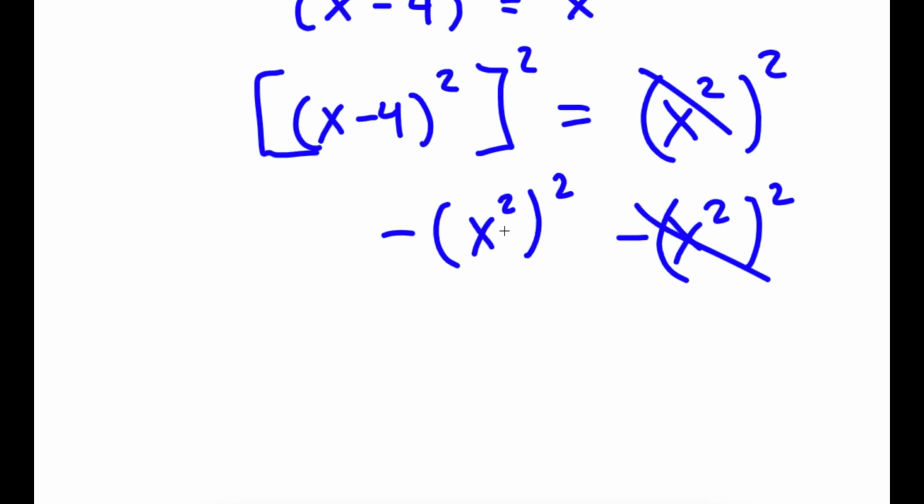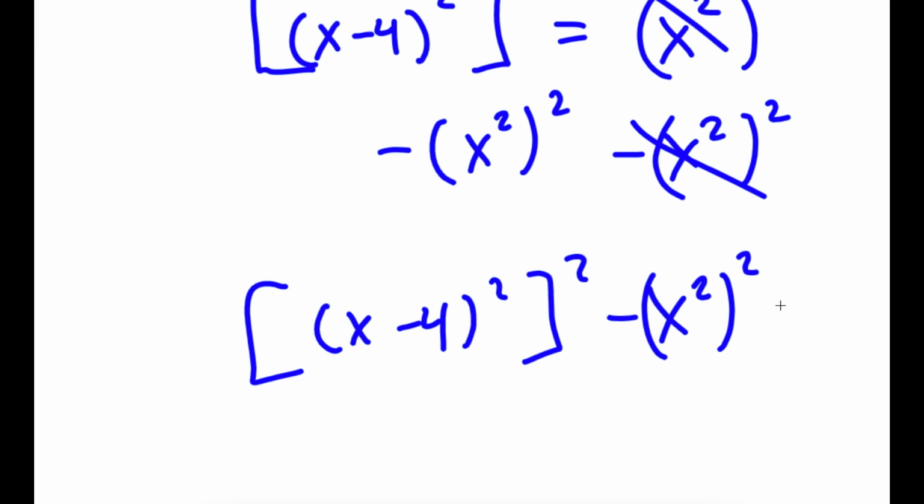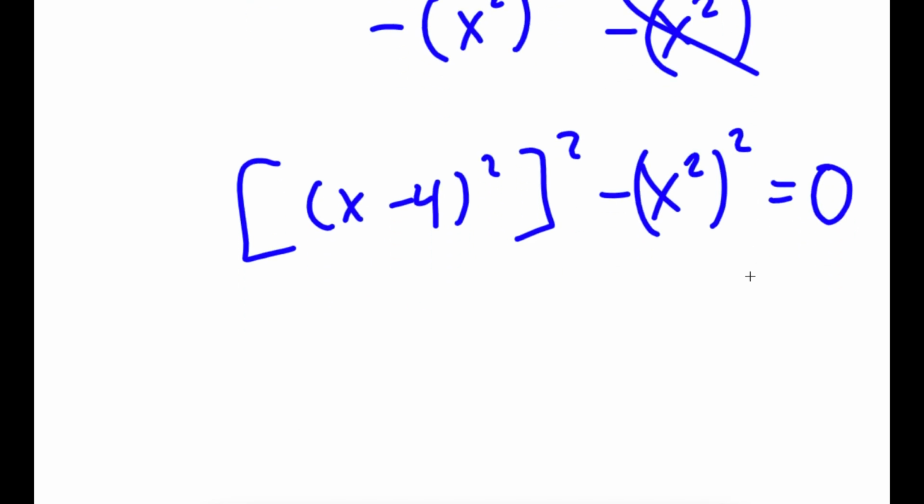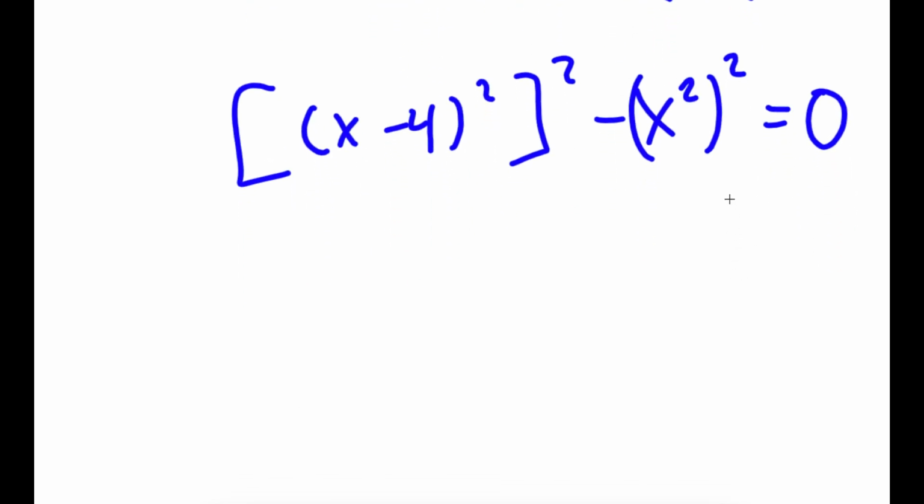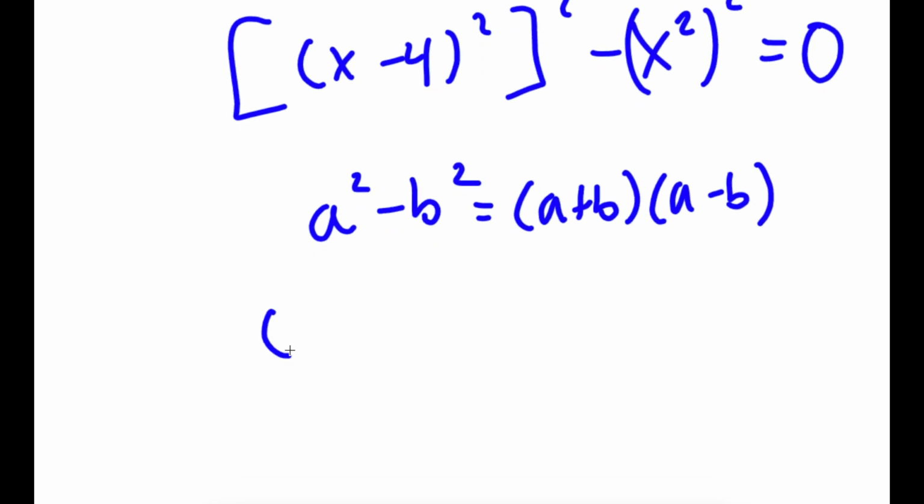So these two cancel out. And now I have ((x - 4)^2)^2 minus (x^2)^2 is equal to 0. Now, if I have something in the form a squared minus b squared, this is equal to a plus b times a minus b. So in this case, this is going to equal (x - 4)^2 plus x^2